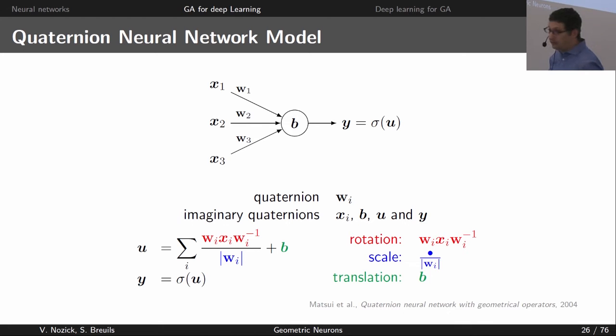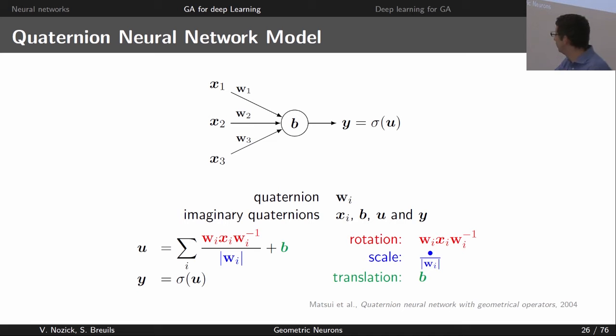So here, in red, what we get is the sandwich about how to use Quaternion. So it makes a rotation, okay? Okay, so now we have an input and we rotate it. That's good. So the blue part says that according to the norm of the Quaternion, we may also scale the Quaternion, well, the output. So what we get after this is an imaginary Quaternion that we rotated and scaled.